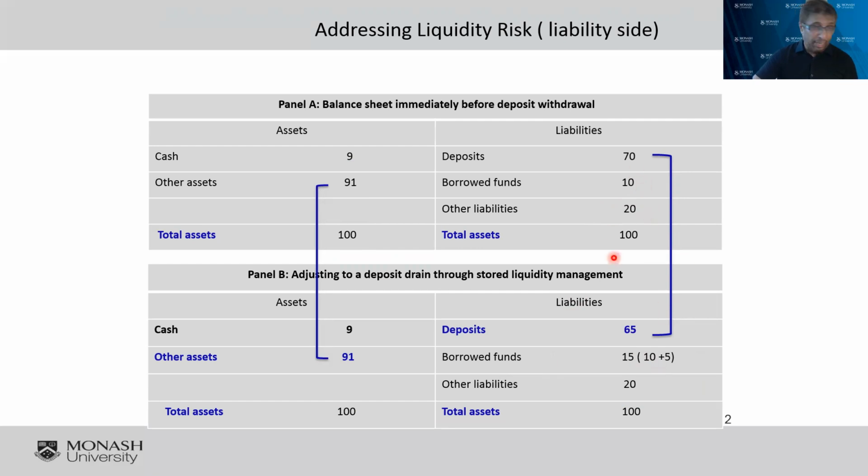So if you look at this case, which is case 2, if you have a liquidity risk coming from the liability side, and you finance it from the liability side, which is the purchased liquidity, there will be no change in the size of the balance sheet. So this is 100, it stays 100, nothing. I just get rid of one borrower and bring another borrower. It's as simple as this. Now we talked about the liability side. Let's talk about the asset side.